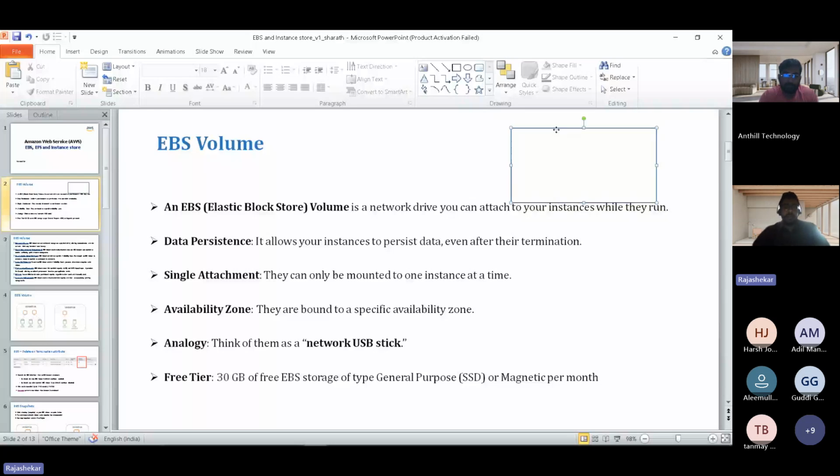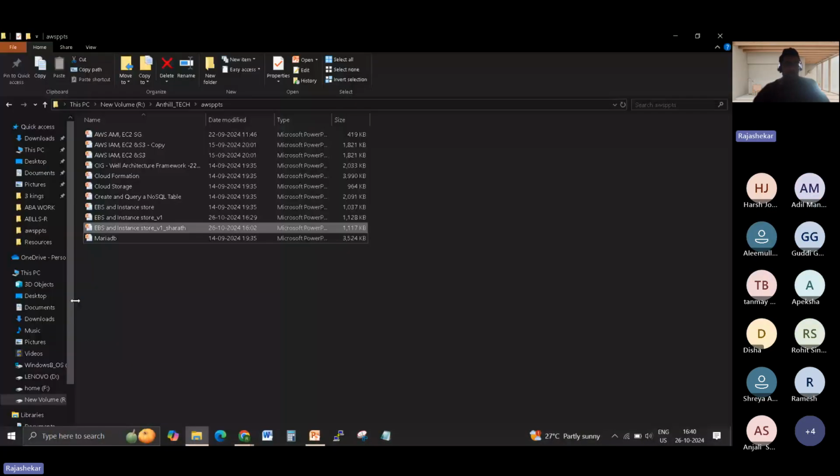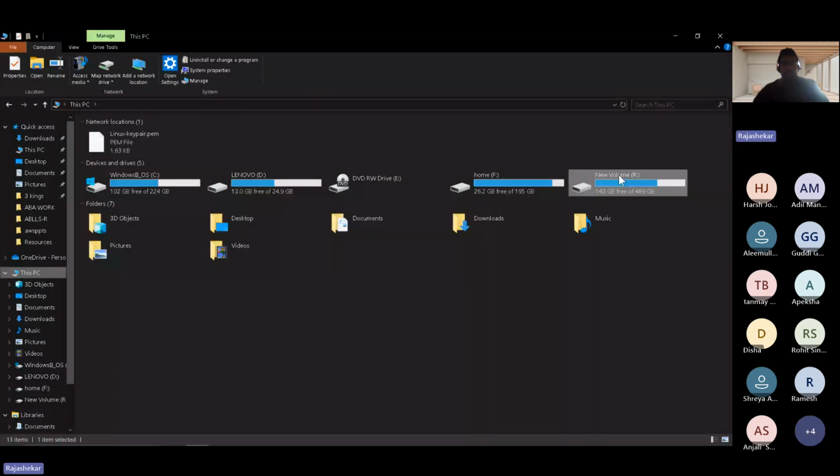See, an EBS volume is a network drive you can attach to your instances while they run. Like you have a computer, and in that computer you get a hard disk, right? If you open my system, let me open my system. See, you will have these drives, these disks, the file system I made. These all come with my laptop. Actually, in my laptop only there is a hard disk. With that, it came. Okay, but Elastic